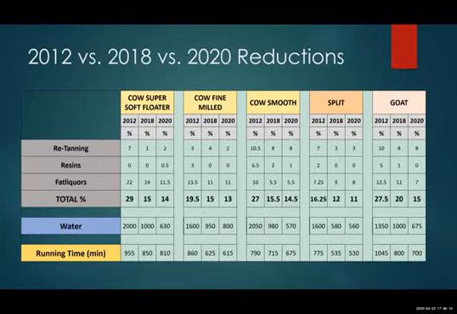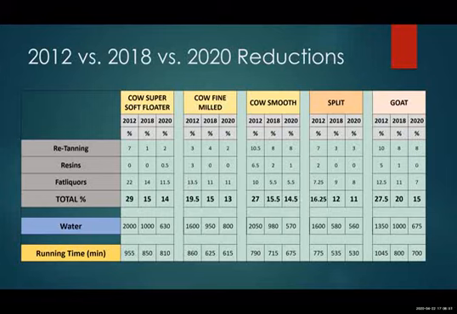So we added a little bit of soft retanning, a little bit of resin to hold up the grain. But in the meantime, we also reduced fat liquors. So overall, we have reduced the percentage from 15 to 14 from 2020. In the meantime, we also reduced water from 1000% to 630%, and the running time is another 45 minutes less. This less water also helped with the beating and also helped me with the softness. So this is what one leather we have done.